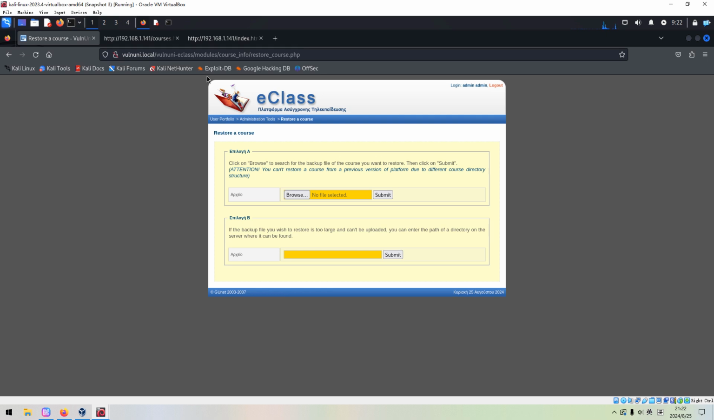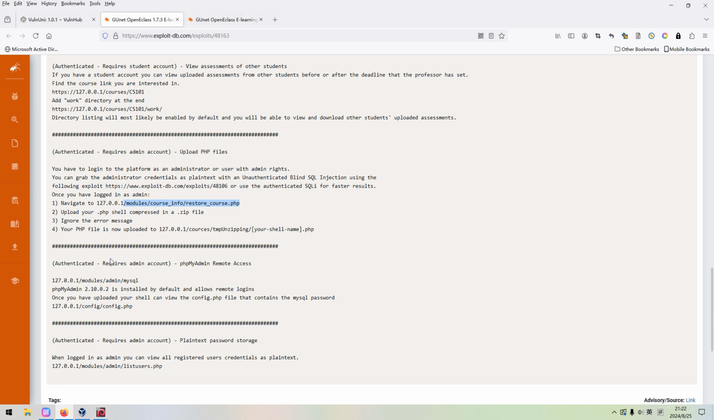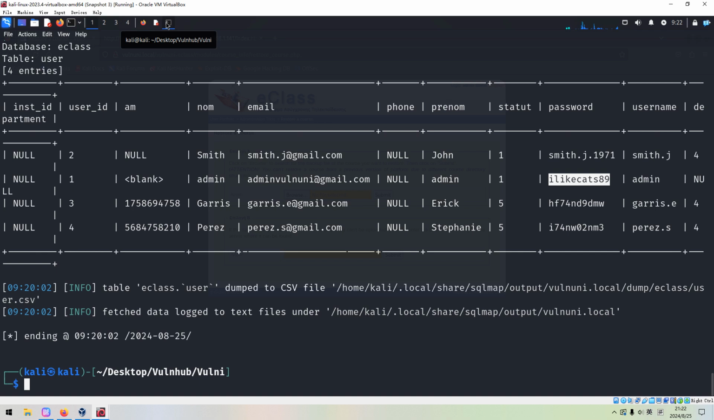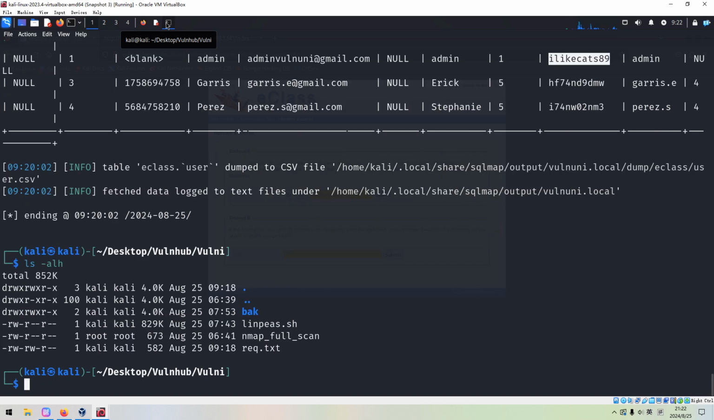And as you can see, we can upload a file, for example, a PHP file. And then next, we can upload our PHP shell compressed in a zip file. Yeah, it must be compressed. Okay, so how to do it? I think I've already got the shell file. Sorry, I can copy it from my toolsets directory,